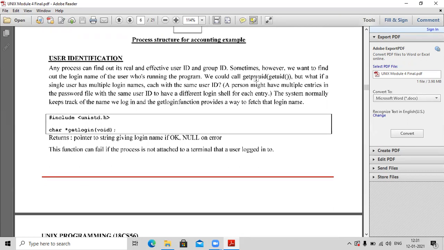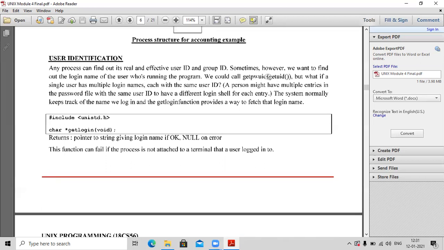In this function, I am trying to obtain the login name by passing the user ID. The user ID remains the same for all these multiple login names. Then I am not sure whether I will get the current login name for the current situation. You're getting my point, I think. I'm passing a user ID, and a single user with the same user ID can have multiple login names. So when I obtain the login name, I am not sure I am obtaining the current login name.